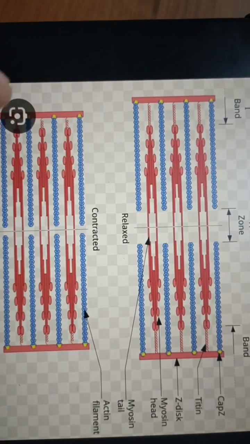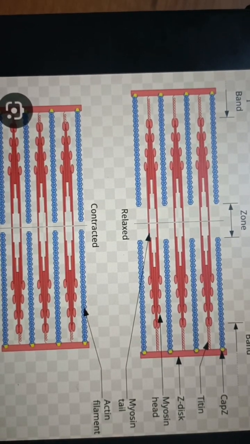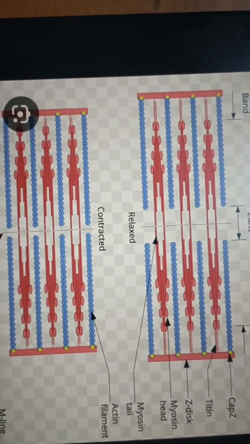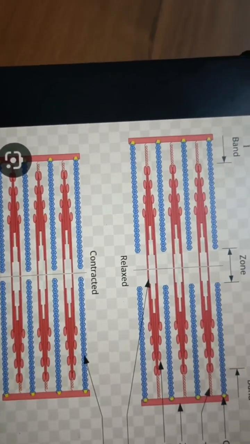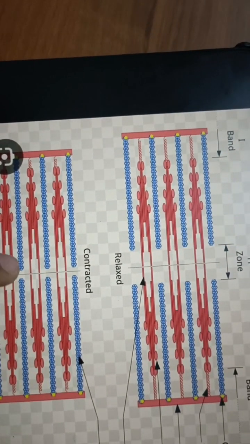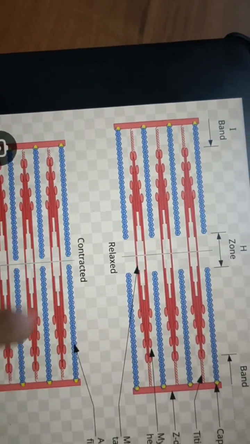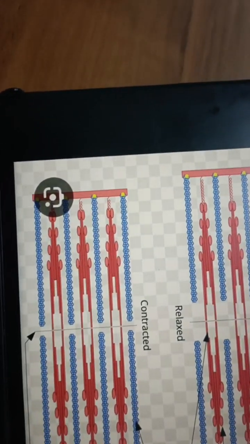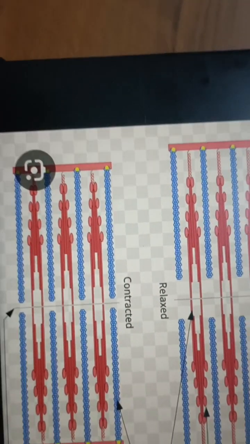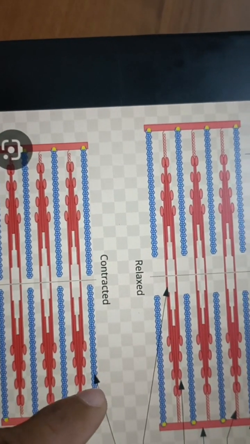In the relaxed position, the H zone is increased, and the muscle is contracted when the H zone is decreased. The H zone decreases as the actin filaments slide. We can say this is